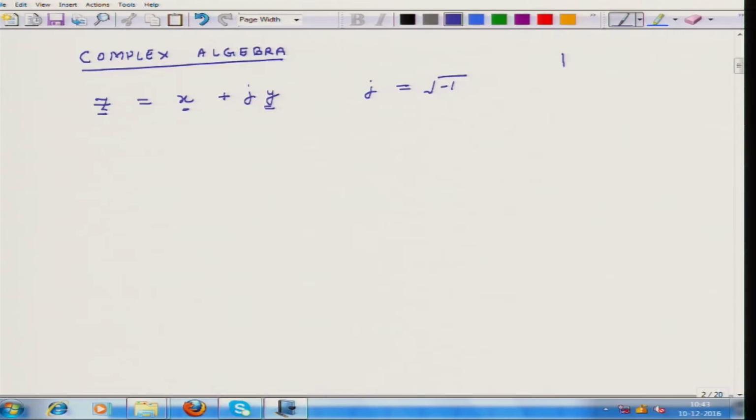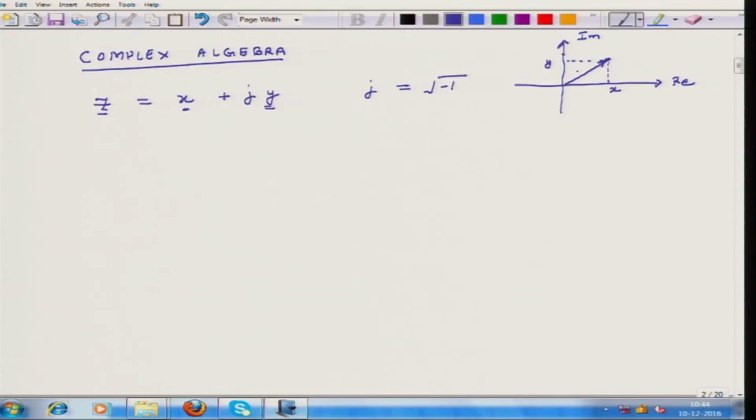So, I can depict this number in a complex plane. So, a complex plane has a real axis and an imaginary axis, and this number can be depicted by a point or a vector, okay, and along the real axis its value is x, and along the imaginary axis its projection is y,